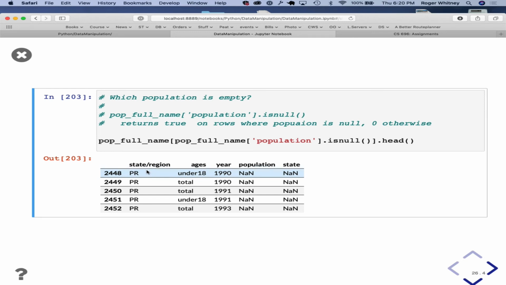PR, any guess? Yeah, Puerto Rico. And, well, it's not a state, right?